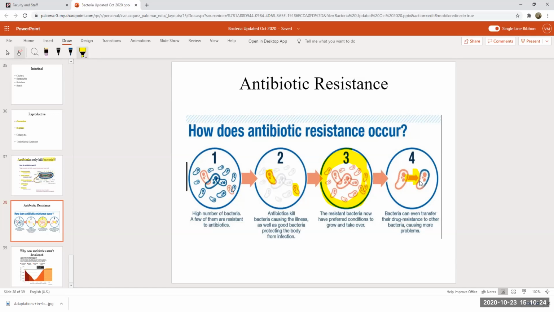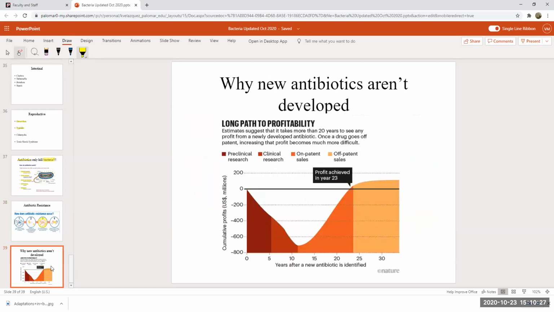Why do we not develop new antibiotics then? Well, the problem is there is no financial incentive for the pharmaceutical industry to develop new antibiotics because the profit isn't there. If you're going to spend millions of dollars on preclinical research and clinical research, and then you only have a patent for a certain period of time, and you've put all this money in, it's going to take on average 23 years to start gaining a profit on the antibiotic. So that's why we don't develop new antibiotics,